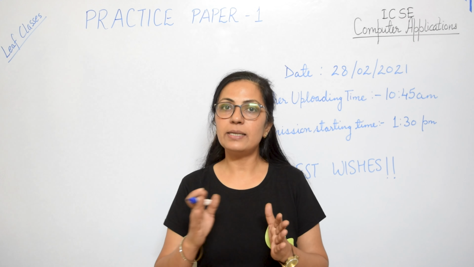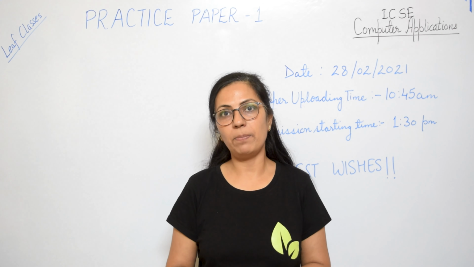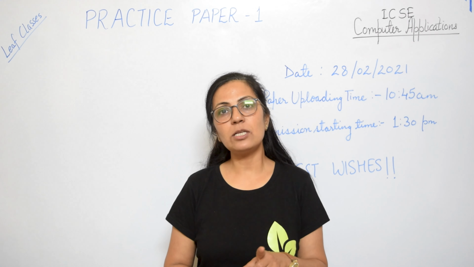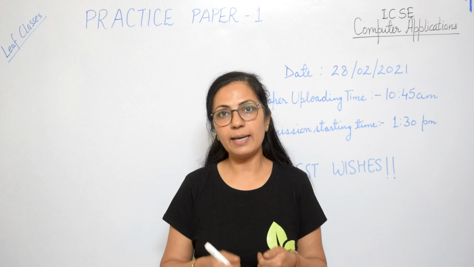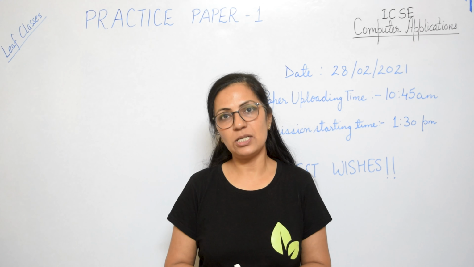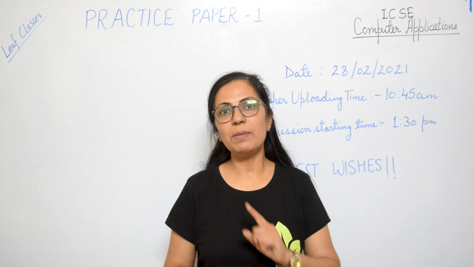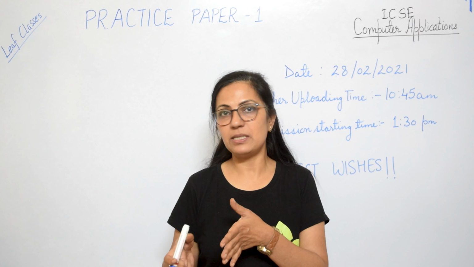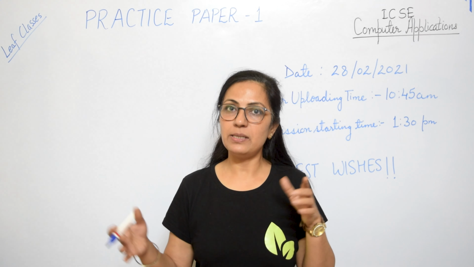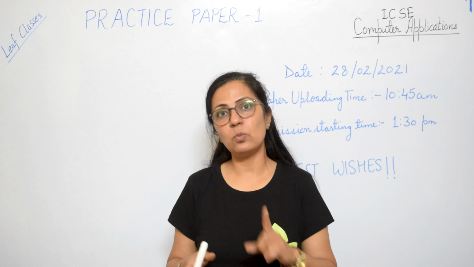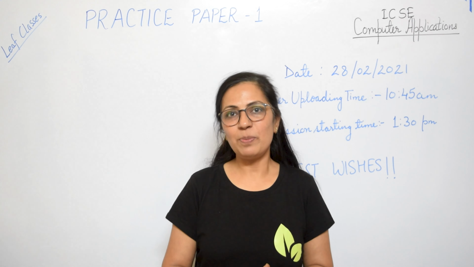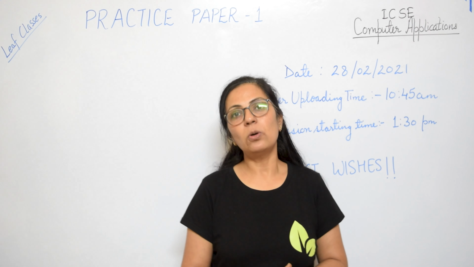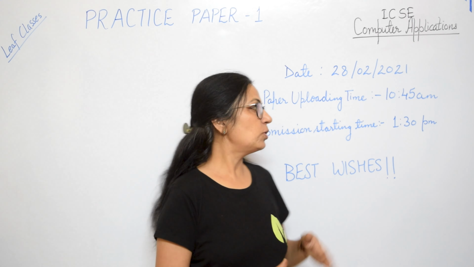Now, after you attempt all the answers of the question paper, you have to make a single PDF for that. You can use any software for making the PDF. So, you will be clicking the photograph and you have to submit your answer sheet in the PDF format only. And you have to submit only one PDF, not separate PDFs for each answer paper, no. You have to make only one PDF. Suppose you are writing 9 pages, so just one PDF for 9 pages and each page should have the page number, right?